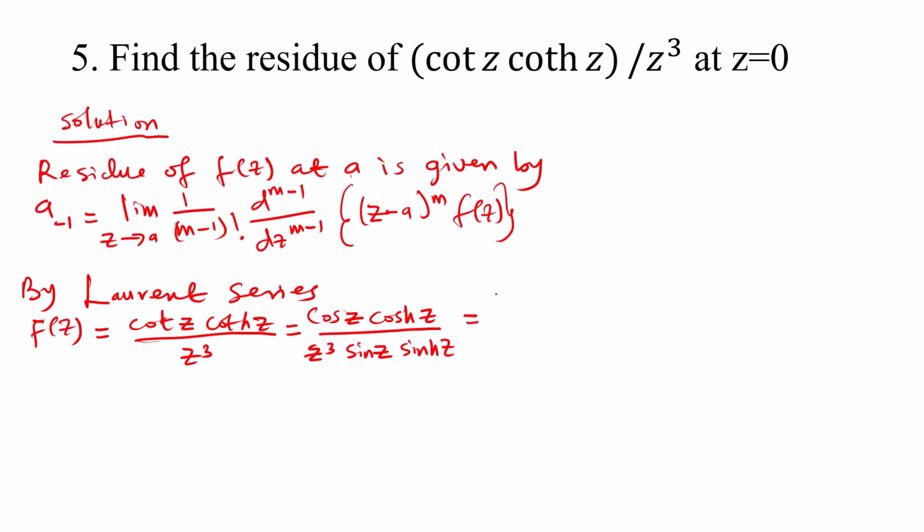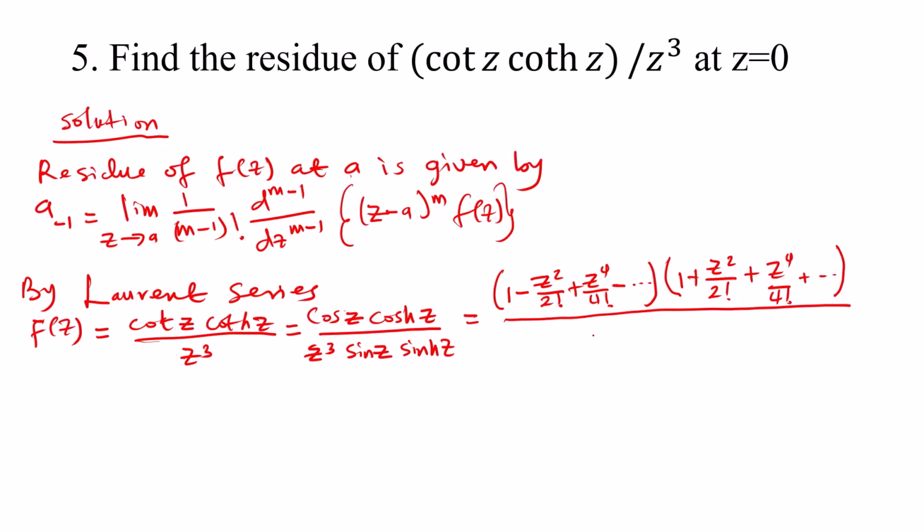And this can be written, because we have Laurent expressions for cos z and sin z, as 1 minus z squared over 2 factorial plus z to the power 4 over 4 factorial minus and so on, divided by z cube into